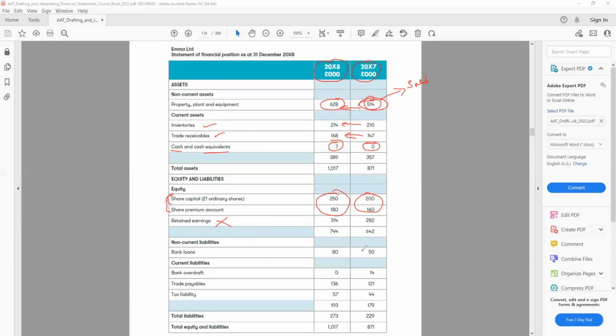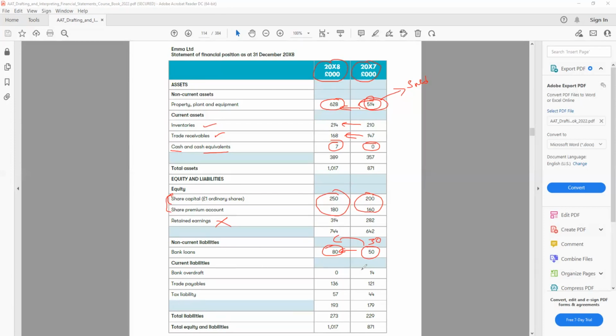The bank loan, you can see the bank loan in 2017 was 50 and 2018 is 80. And that means the bank loan has increased by 30. That means money is in. So £30 you can see coming into the business. So it will be an inflow, and an inflow will be a positive figure. And if anything is an outflow, it will be a negative figure. All right, then after that we have to do some little workings with the property, plant and equipment,